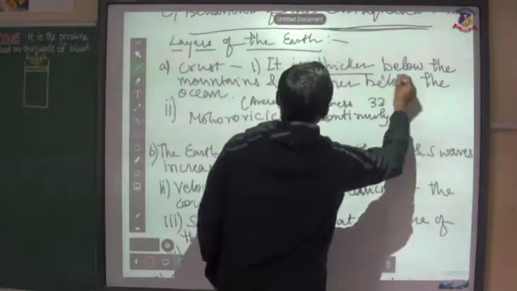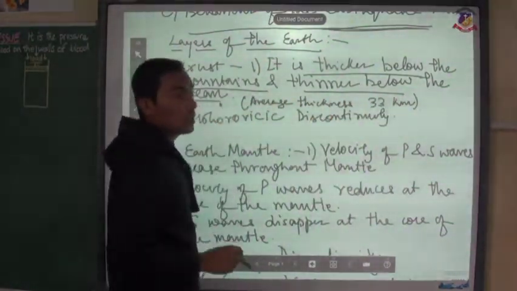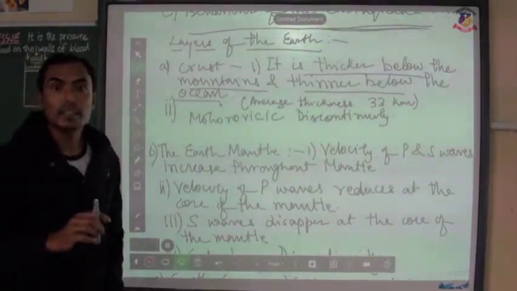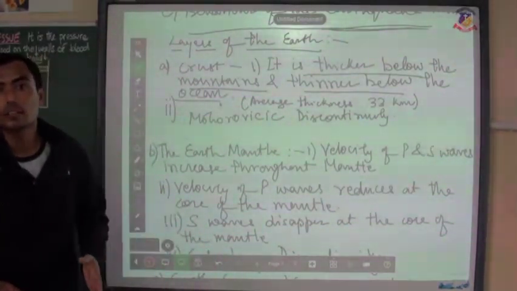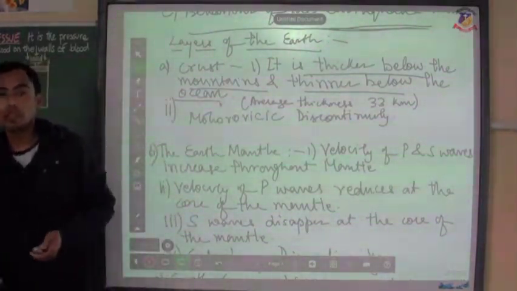It is thicker below the mountains and thinner below the oceans. Now, why is it thicker below the mountains? The reason is to maintain the balance of a mountain. For example, if you look at Mount Everest, the height of Mount Everest is